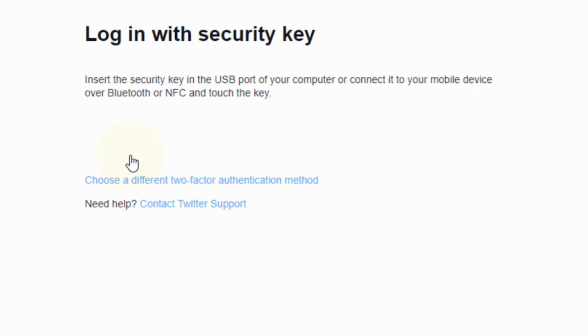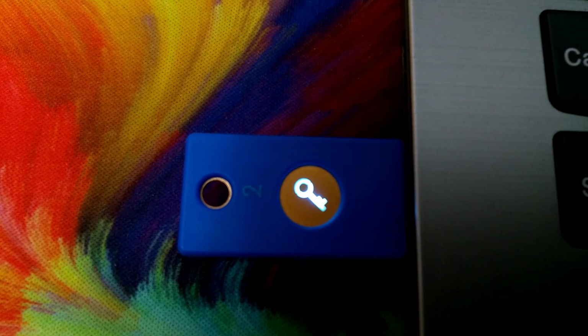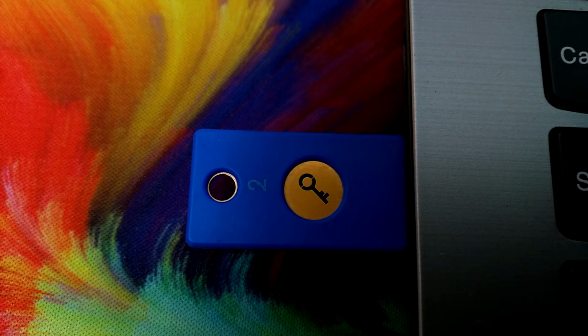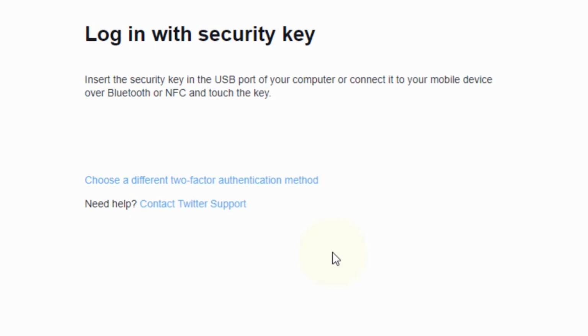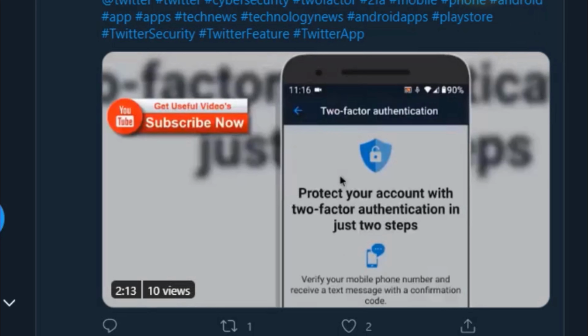Click on the security key option. A new page opens here, so insert the security key into the computer. Then it will ask you to touch the security key. Now touch the USB security key where it has a blinking LED. As soon as you touch the button, you will be logged in to the Twitter account. As you can see, we have successfully logged in to the Twitter account.